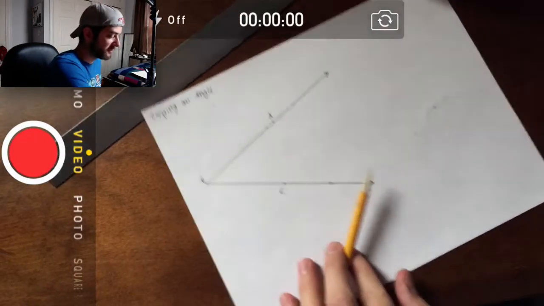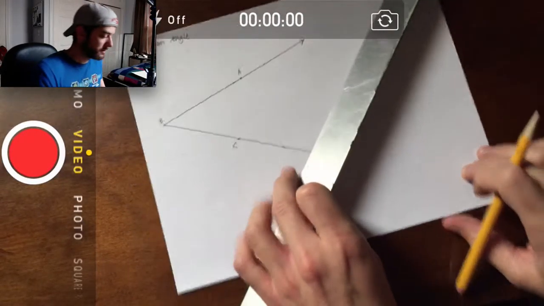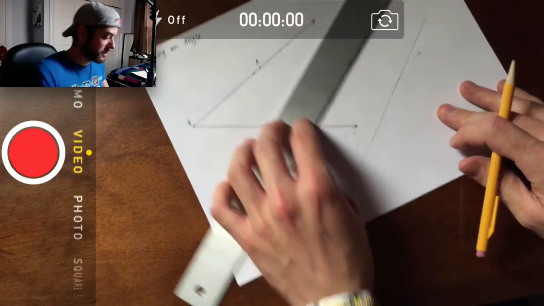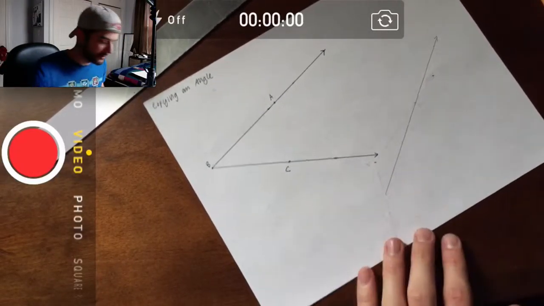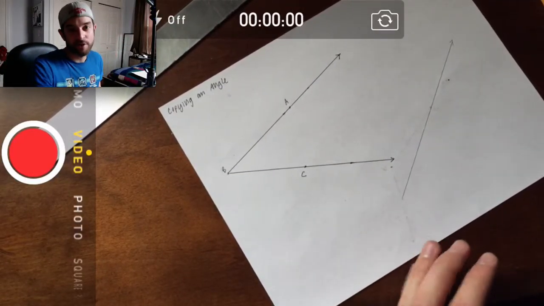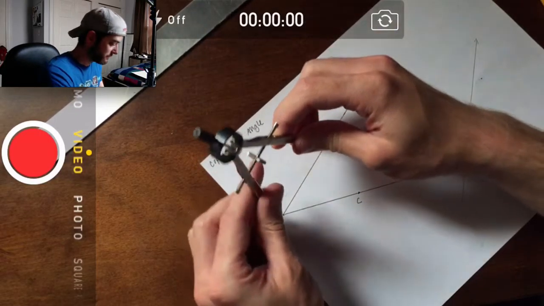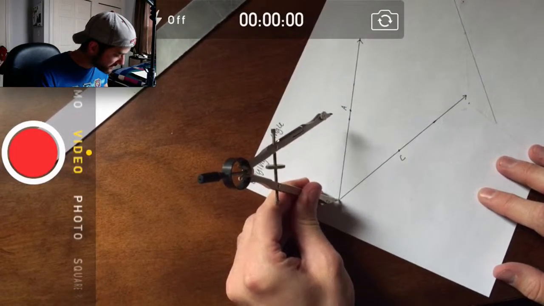So the first thing we have to do is start by making a leg where our angle is going to be copied to. So we just have to make a line, preferably longer or as long as one of the legs of the actual angle itself. Then I'm going to open up my compass to some distance